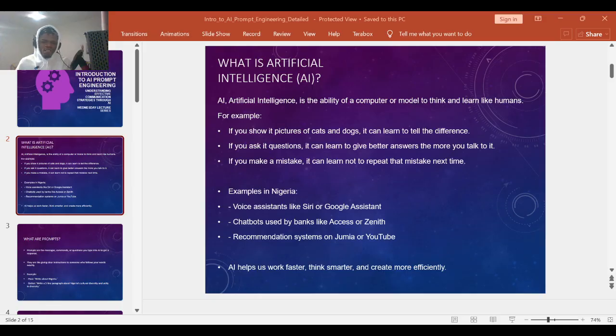Number five, specify the format or style. Indicate how you want the information presented, such as bullet points, a summary, a formal tone. For example, "Summarize the benefit of renewable energy in bullet points for presentation." Now the AI understands that you want to present this particular summary, so it itemizes its